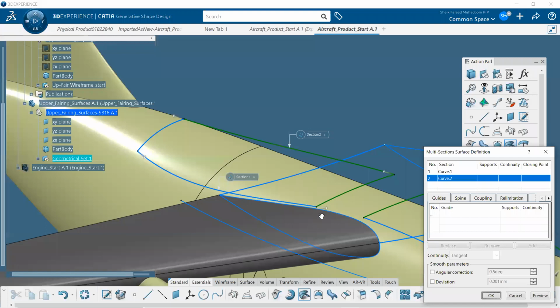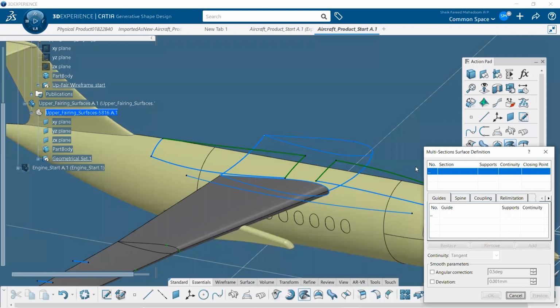The surface is created. I'll do it once again. Select the multi-section option. To create the multi-section, we need profiles and guides.